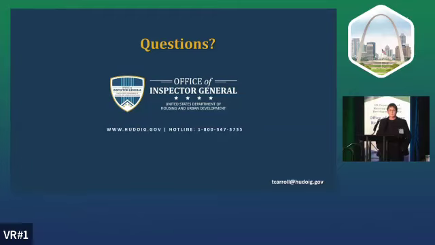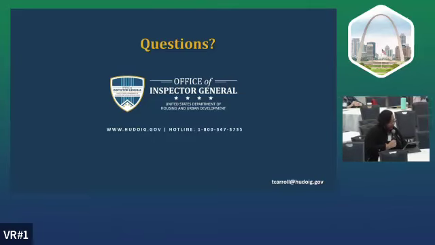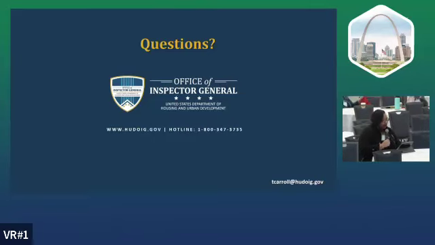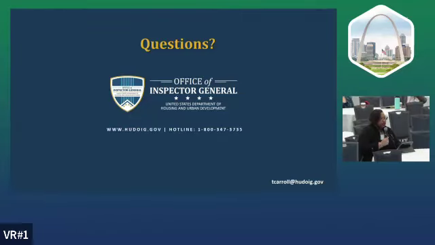This is a question from my comrade who's in another session. She wants to know how to detect fraud or waste when reviewing payment draws. Like what are some things she could be looking for? When you say a payment draw, give me an idea. Is that going to be for a homeowner? Is that going to be for a contractor, or either or? She's typically dealing with contractors.